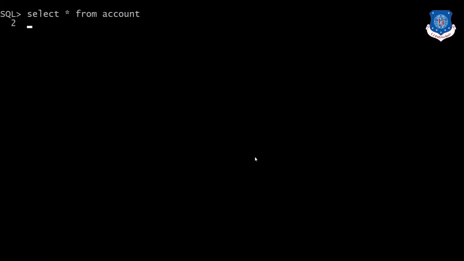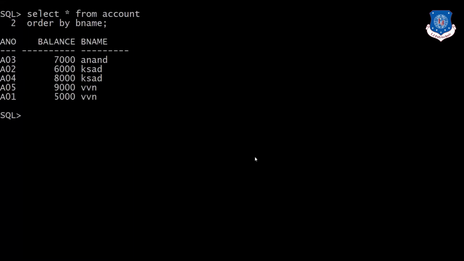in the account table, we need to sort data. For that we will use order by bname. So it will sort all the branch names alphabetically, from A to Z. By default, the order by clause sorts rows in ascending order whether you specify ASC or not.